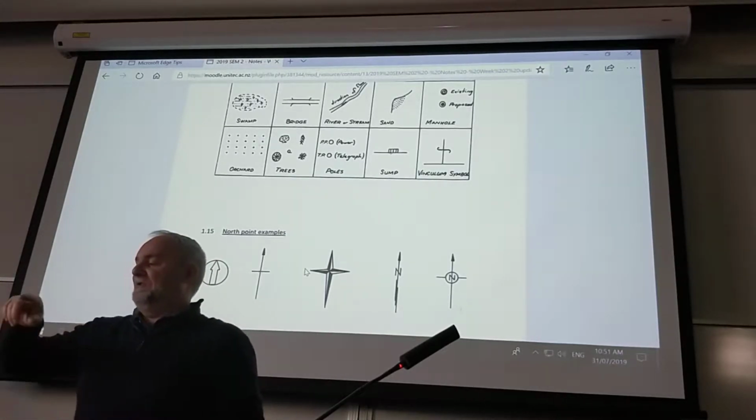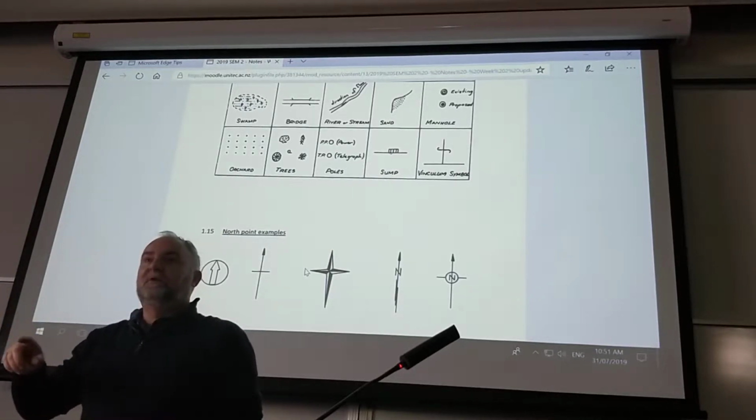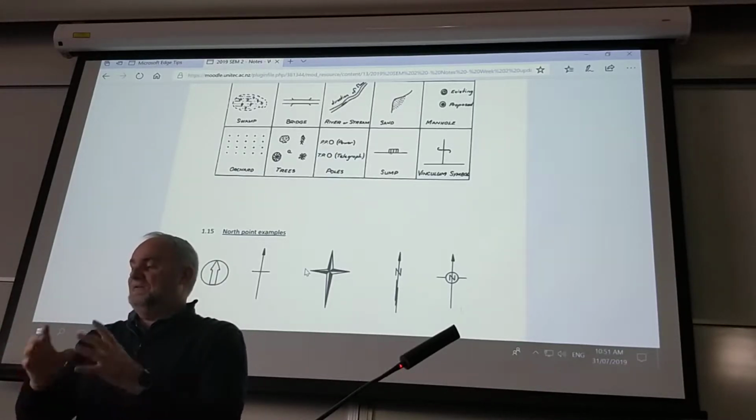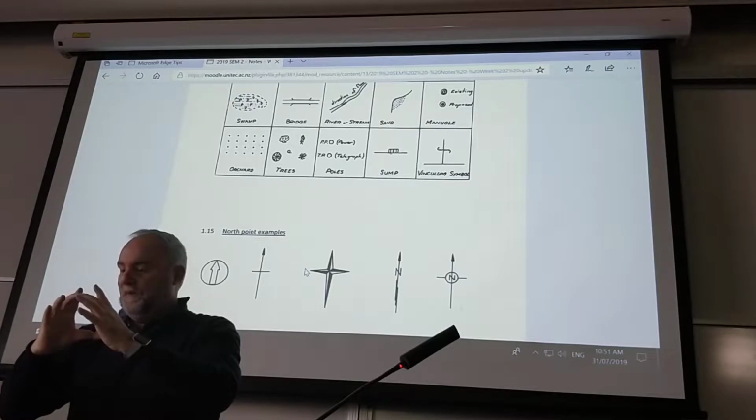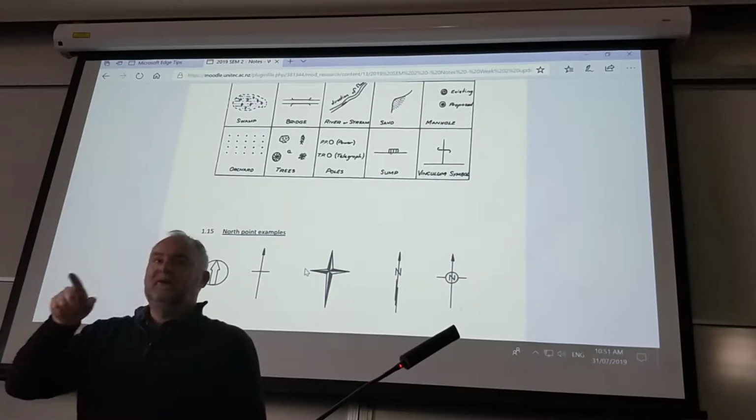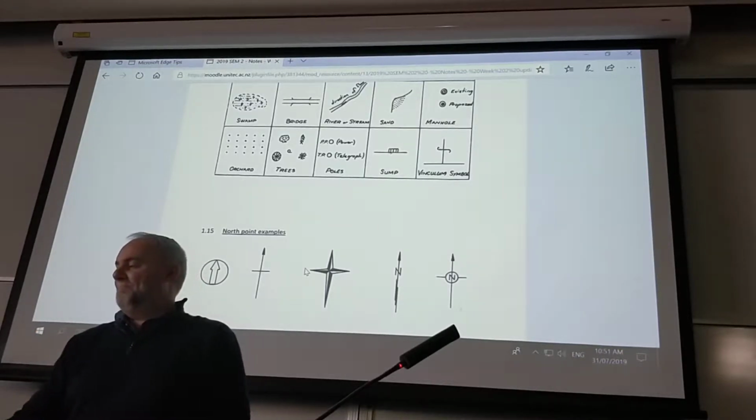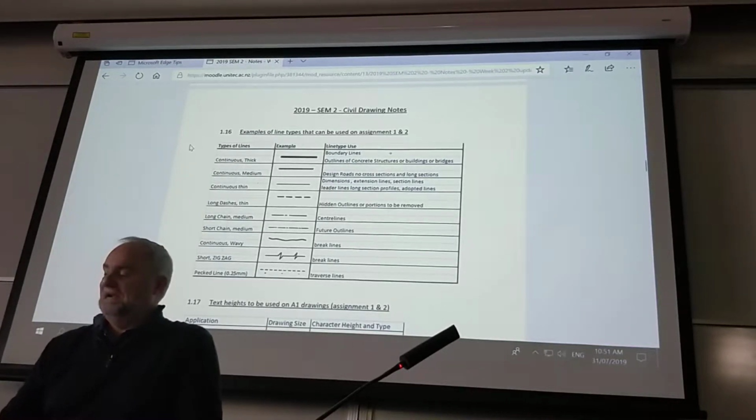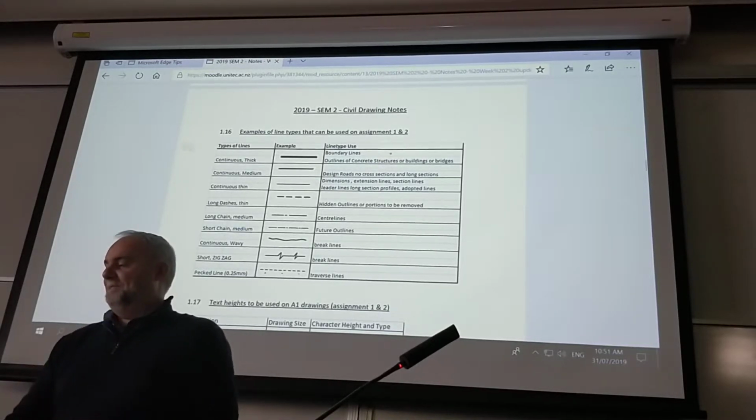I did say just a simple tree will suffice. Will be fine, as long as it is pretty close to the same diameter as the trees that are there. Same with North Points. There's no need to do a particularly fantastic North Point, just as long as it's pointing the right way, it's in the viewport, and the whole North Point isn't too